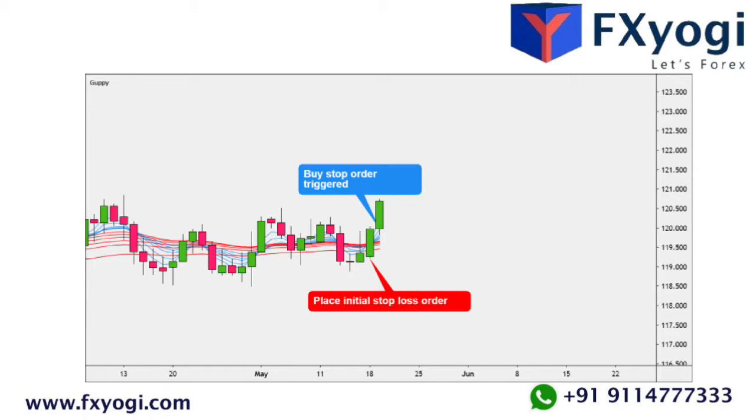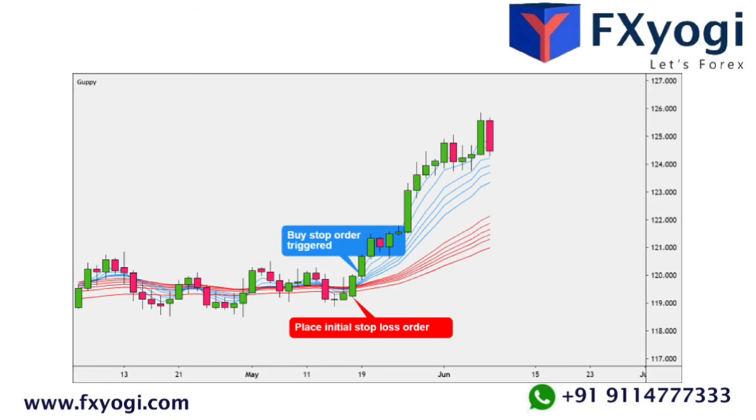Set a buy stop order above the candle's high and a sell stop below the low. In the next candle, the price rises, which triggers the buy stop order. The previous sell stop order now becomes your initial stop loss. Price continues to rise. Whenever a candle makes a new higher low, you can trail your stop loss and use this as a new stop loss until you get stopped out.